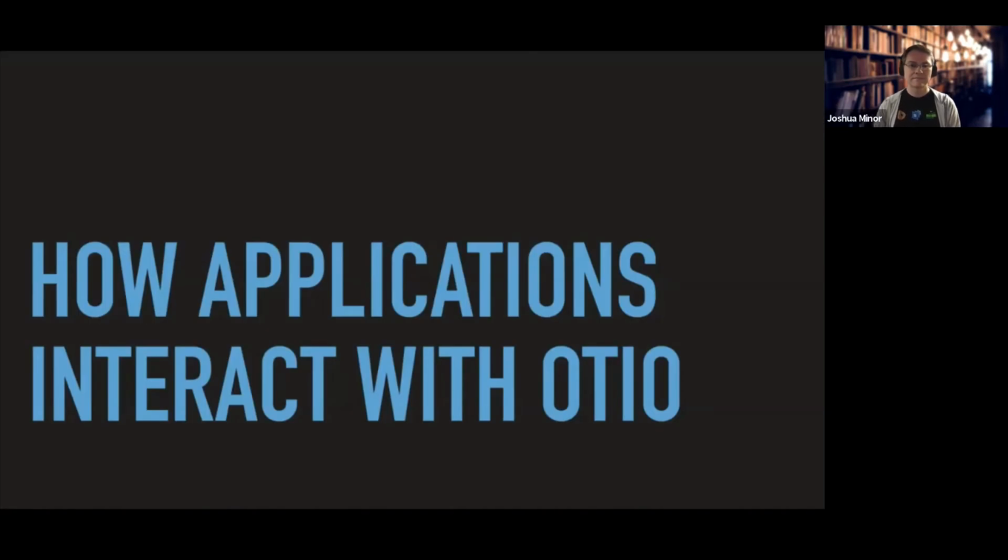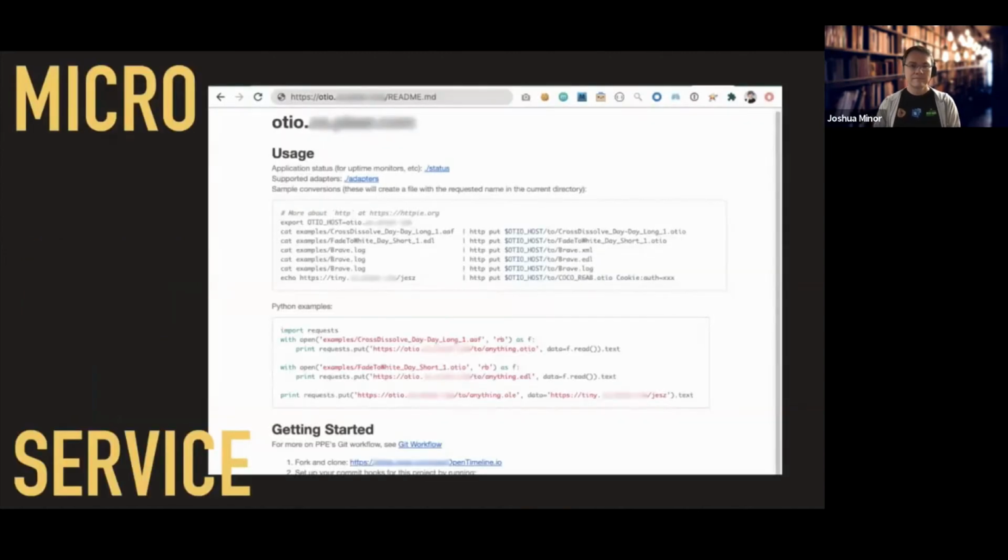So this primary application, as well as others we've written since and scripts, interact with OTIO via a microservice. You can see here it's deployed to our internal cloud at a production and a staging environment, as well as dev environments, and provides endpoints for listing adapters as well as any kind of conversion the adapters are configured for. You can see in the example usage here that we can take binary AAF as input, or EDLs, or logs, or URLs with authentication cookies, which is actually what we use most in this primary application to fetch playlists from